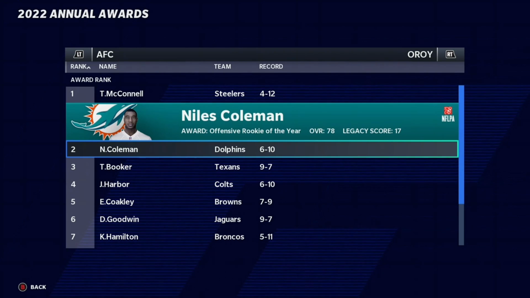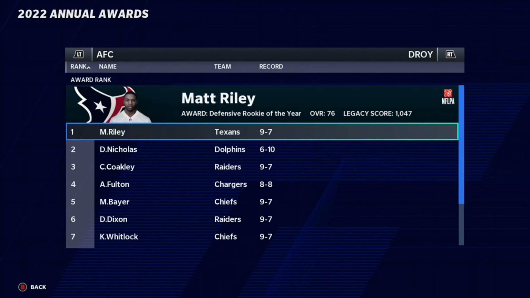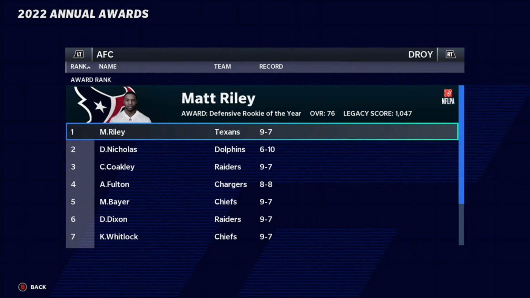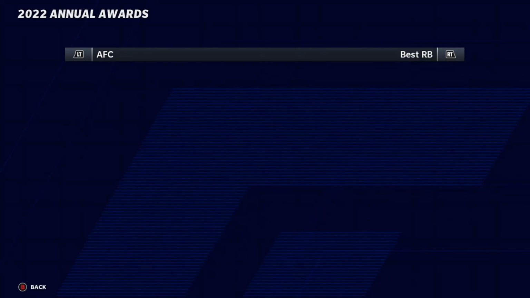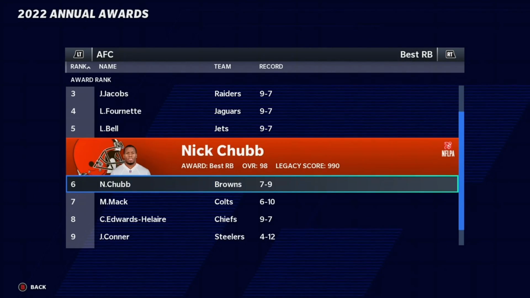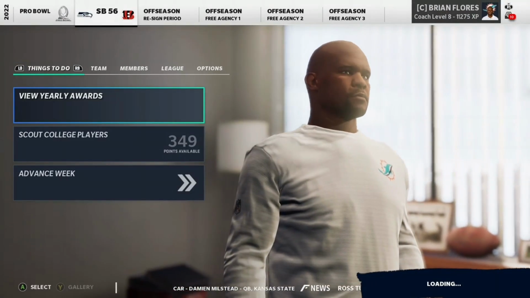Offensive Rookie of the Year. Niles Coleman had second place. What? Oh, are you serious? Matt Riley got Defensive Rookie of the Year. Who is this guy? I have no idea. But that is quite unfortunate here. But other than that, we didn't really have anybody. So, I mean,